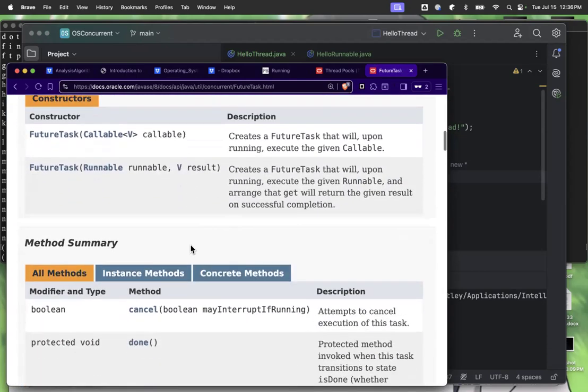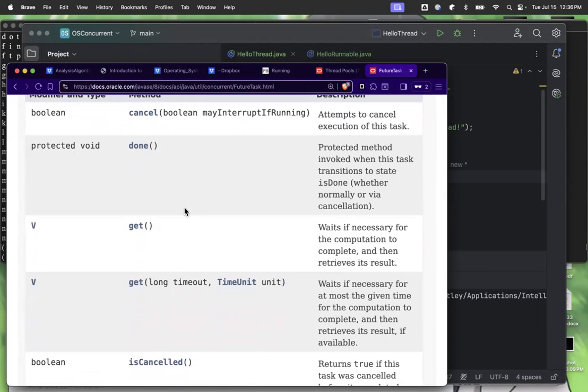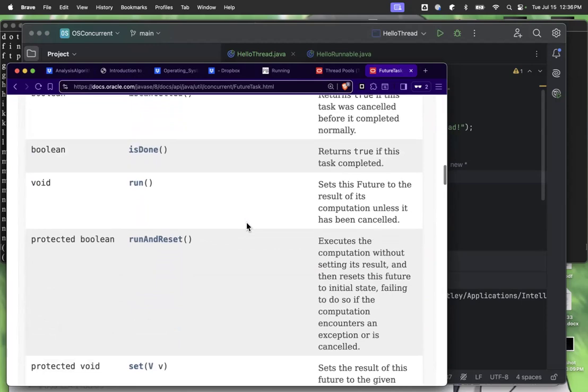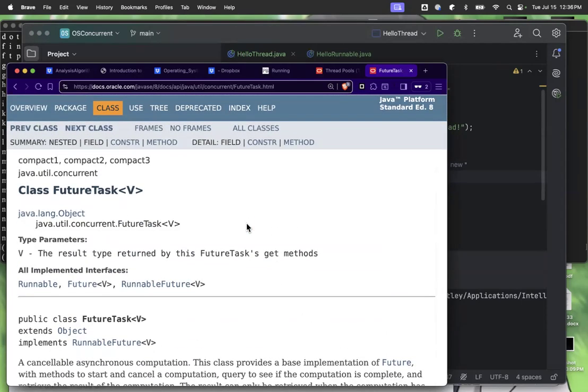This guy here, all right? Future task is going to take a callable as an input. It can also take runnables, okay? But it runs a bit differently. It's a bit more intensive. It has this get to actually get back the value from the callable once the value is received, okay? And that is what sets it apart from the threads that pretty much do nothing but a computation and then return. So now in pthreads,